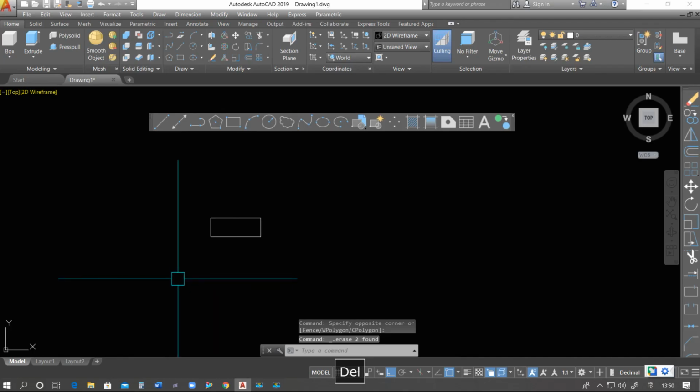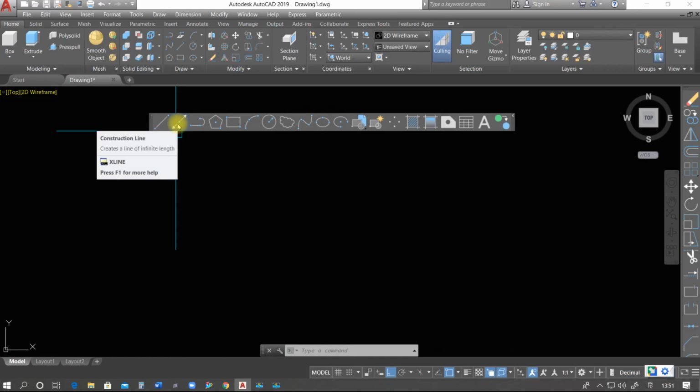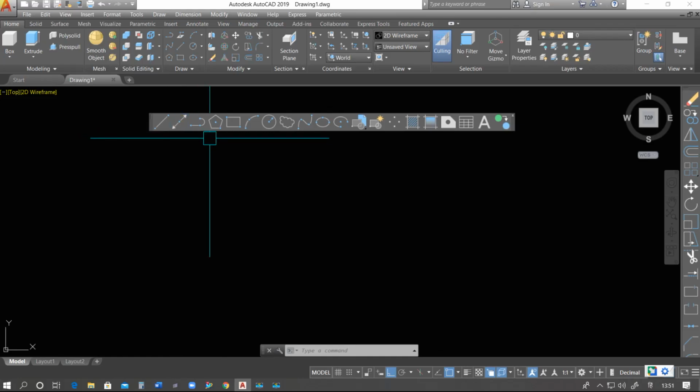So I hope students you completely understand this draw toolbar. I had tried to give a basic and very simple explanation about this draw toolbar, but in spite of that, if someone is there who is not understanding some tools in a proper way, please comment, and I will try to give a better explanation than what I have given.